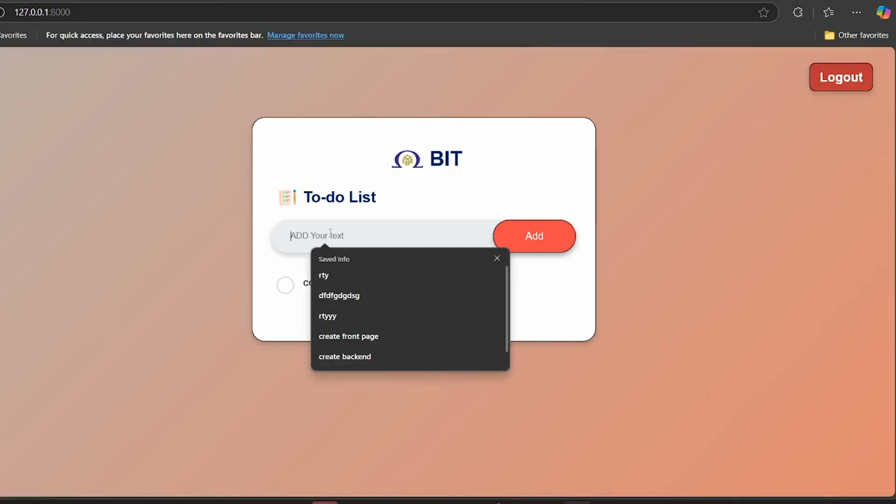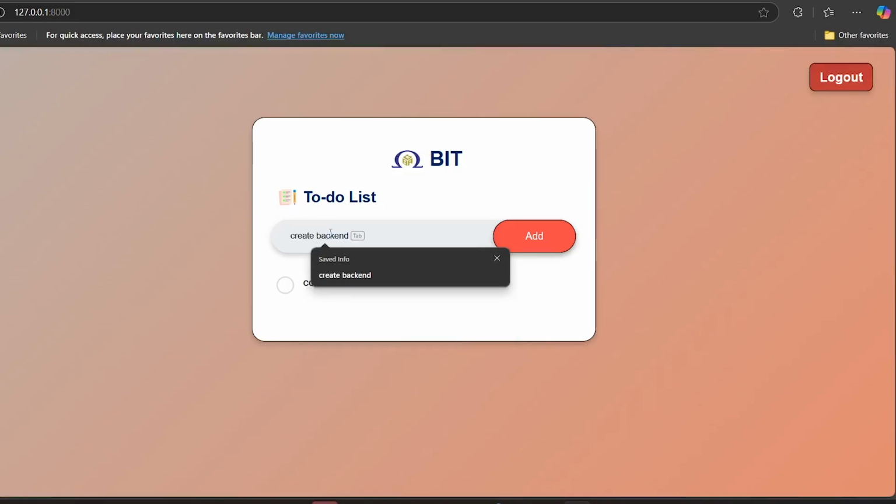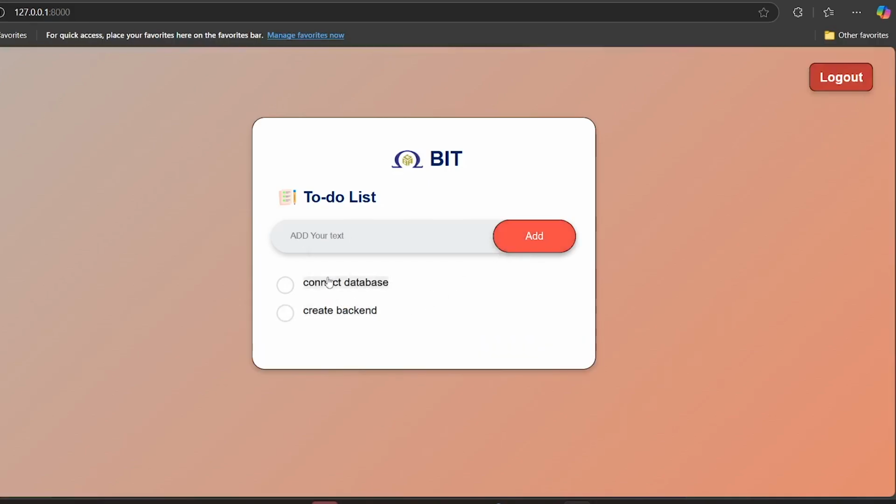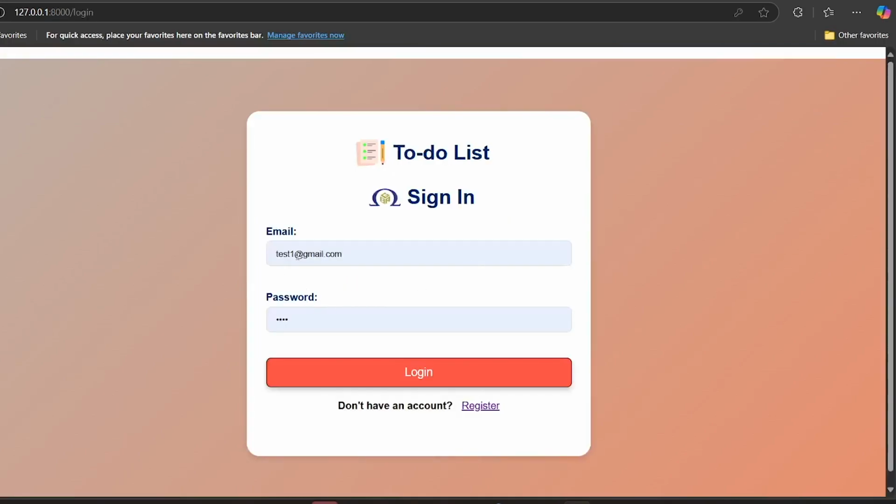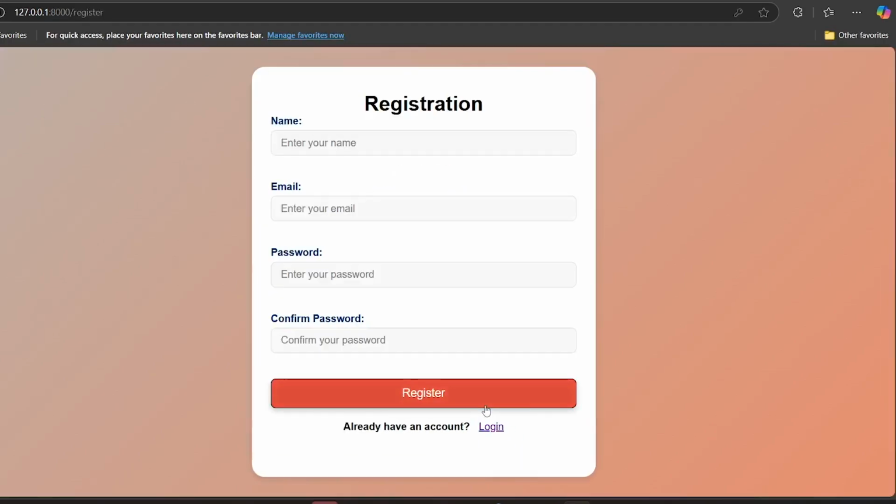Here, I want to add some other data like create backend, click on add. So now the data is added into your task. Now, if you create another user, the other user can't see all this data. For example, log out, create new registration,